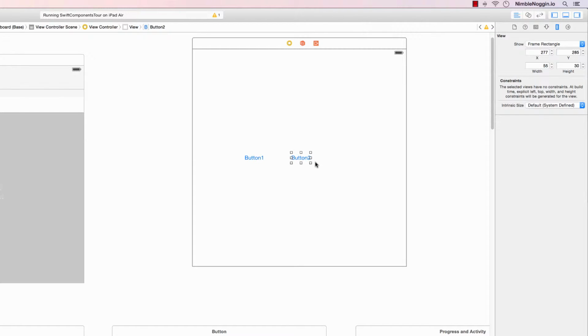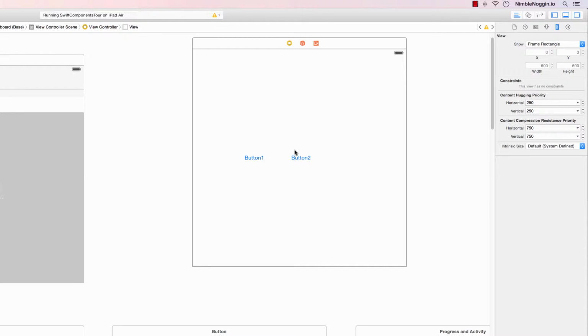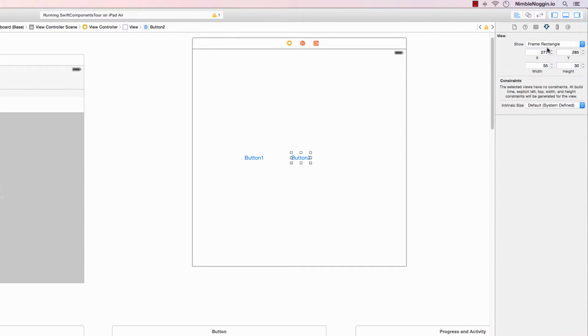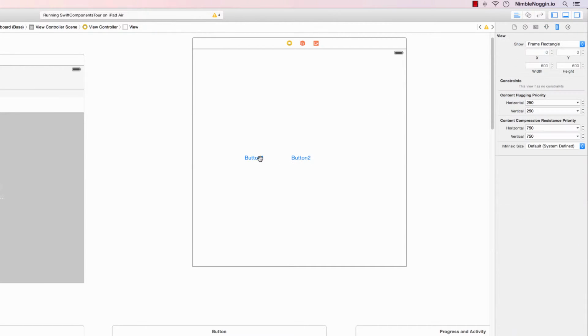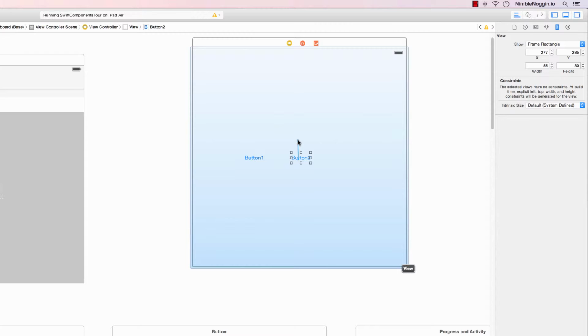But here we have button 1 and button 2 placed next to each other using a frame-based layout because we haven't set any constraints yet. And again, these buttons don't have any borders because we're now in iOS 8 and the styles have changed since that example was written, I guess. So to place button 1 12 pixels to the left of button 2, we are going to want to set